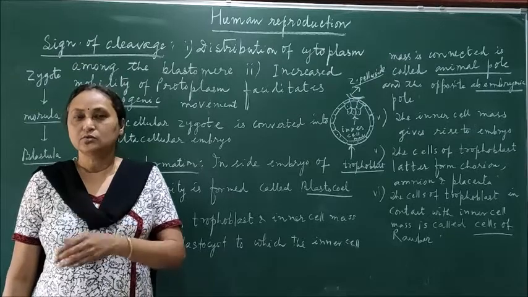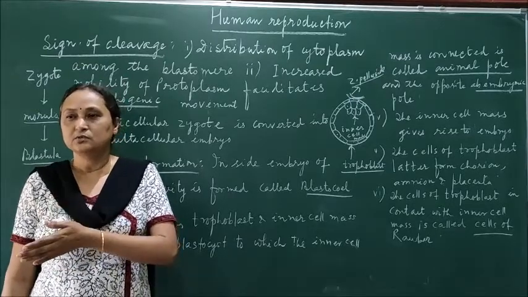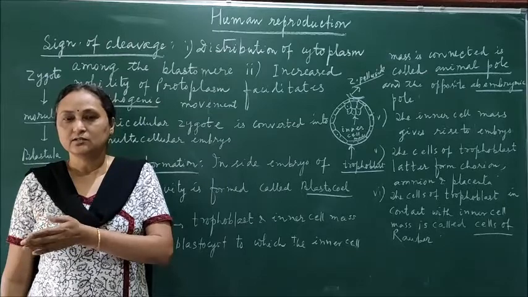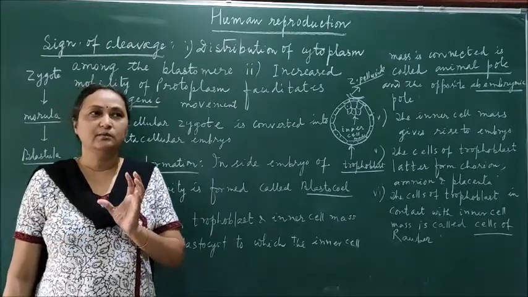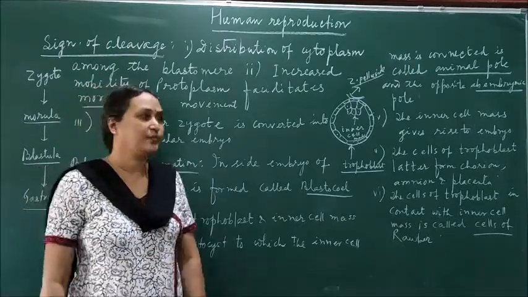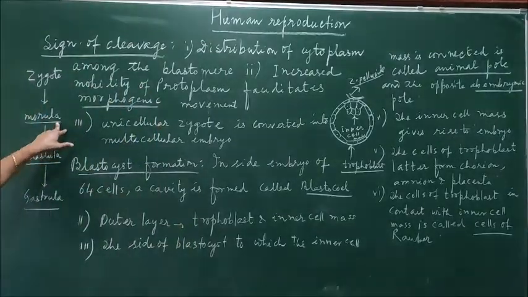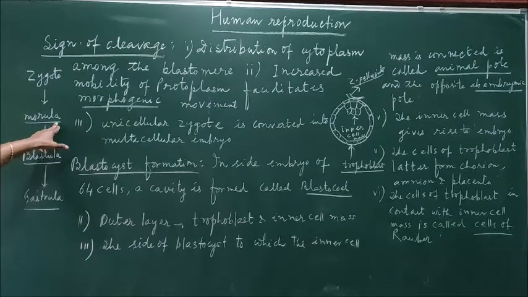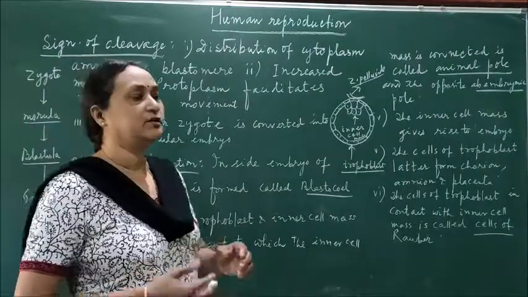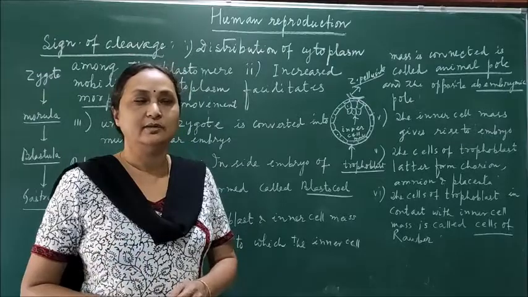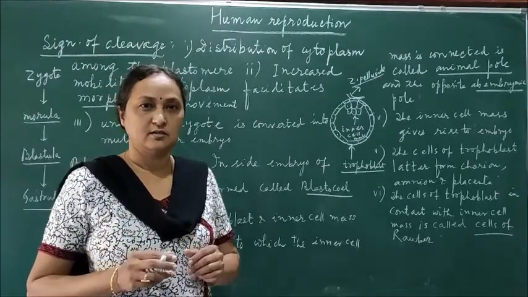And it divides into two cells. The two cells again divide into four cells. The four cells again divide into 8 cells, and so on, so that it makes a spherical ball-like structure which is called the embryo. Okay. So the zygote divides to produce the morula. The morula is the part of the embryo having 8 to 16 cells, and each cell is called a blastomere. Then the morula is converted into the blastula, and the blastula is ultimately converted into the gastrula. Then from the gastrula, the different organs gradually develop from different germ layers.